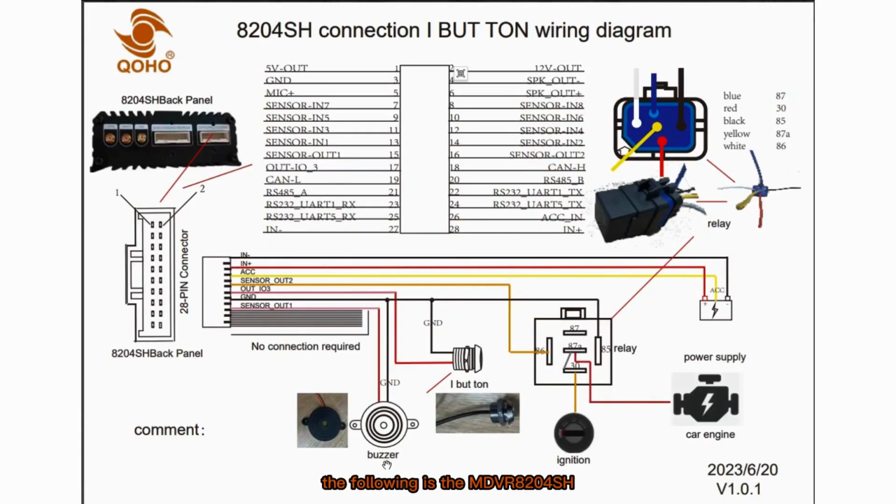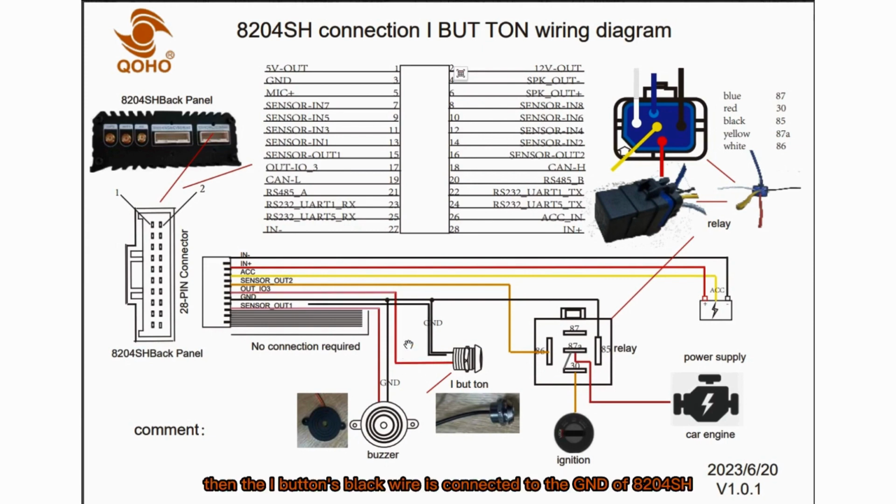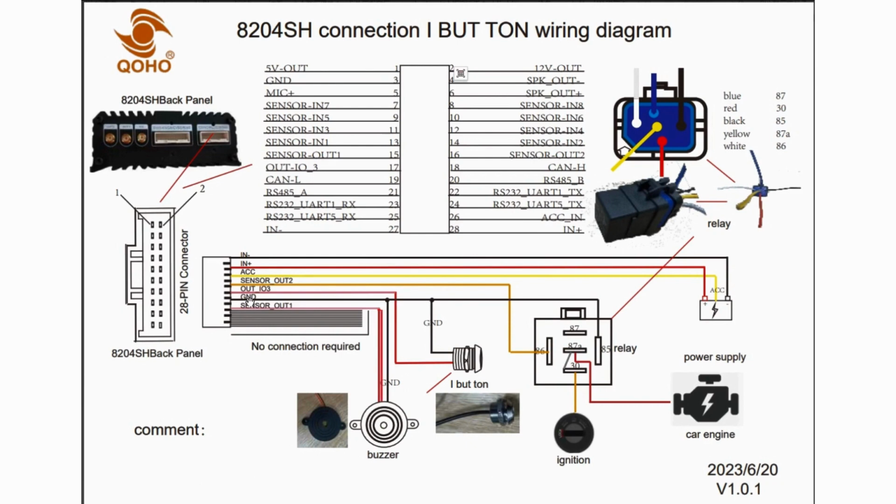The following is the MDVR8204SH and I button connection wiring diagram. First we will connect the I button's red line to our MDVR8204SH out_IO3. Then the I button's black wire is connected to the GND of 8204SH. We will then connect the buzzer's red line to sensor_out 1, then connect the black wire to the GND